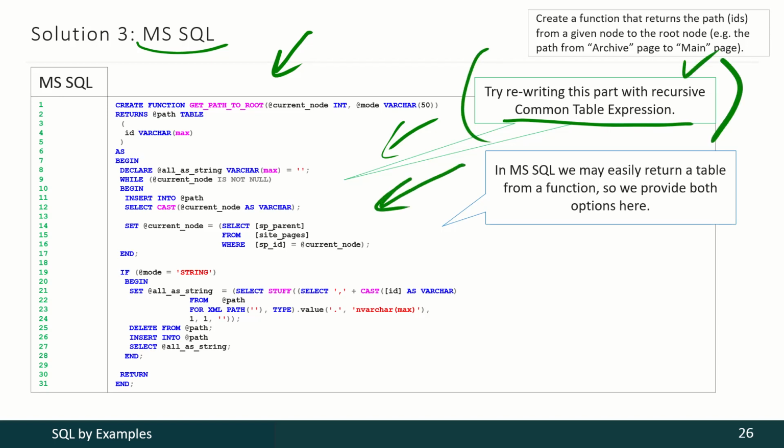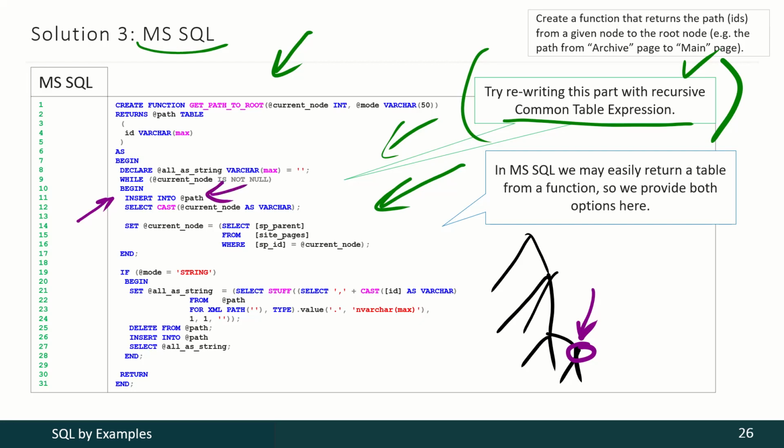To understand this idea better, let's quickly recreate some hierarchical structure, for instance like this. Then let's assume that this is our starting node. Here, on the first step, that information about that starting node will be placed into this table. Then here the DBMS will look for the parent of that starting node. Here it is, and that information will be placed here and also here.